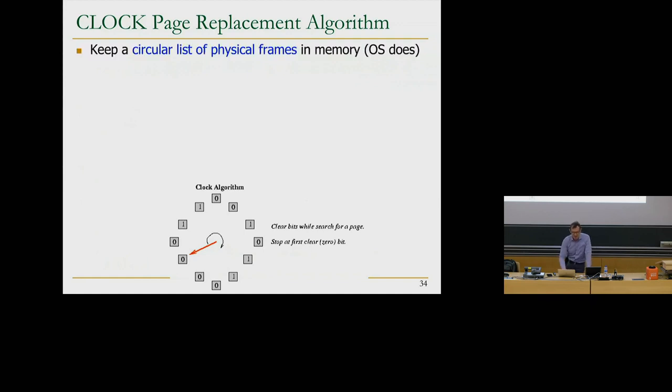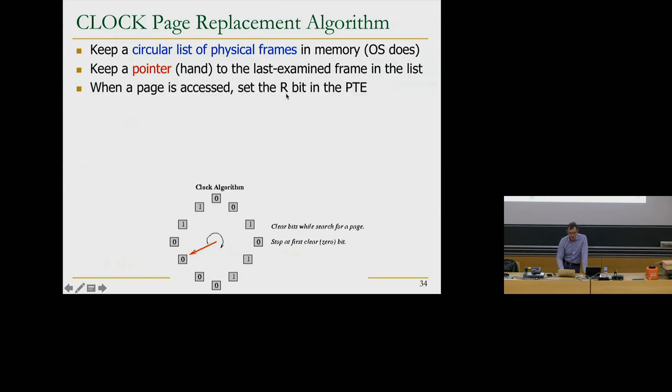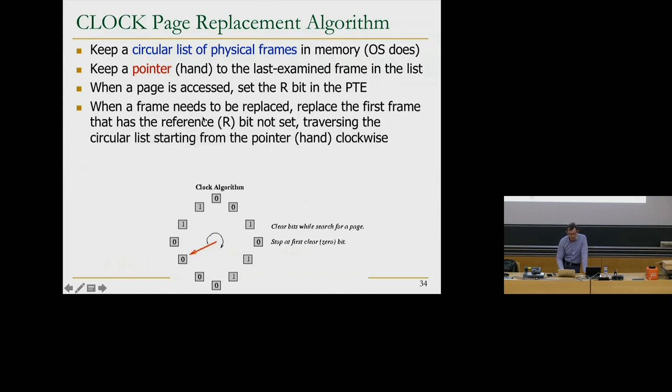So how does it work? Basically, you keep a circular list of physical frames, physical page numbers in memory. The operating system does. This is where an inverted page table comes in handy, but we're not going to go into that because this is really a physical frame, so you really want to look at the physical frames. And you keep a pointer or hand to the last examined frame in the list. And when a page is accessed, you set the reference bit in the PTE. These are the reference bits over here. And when a frame needs to be replaced,